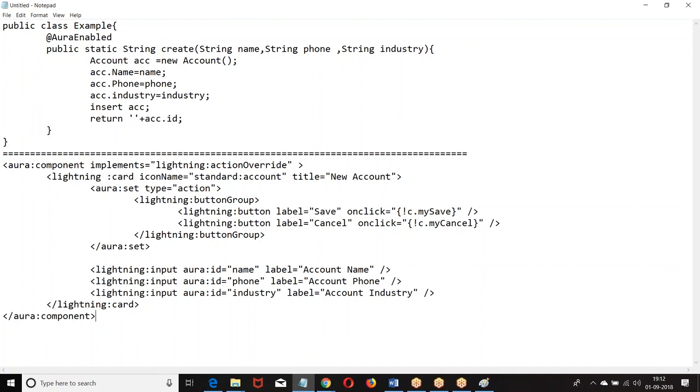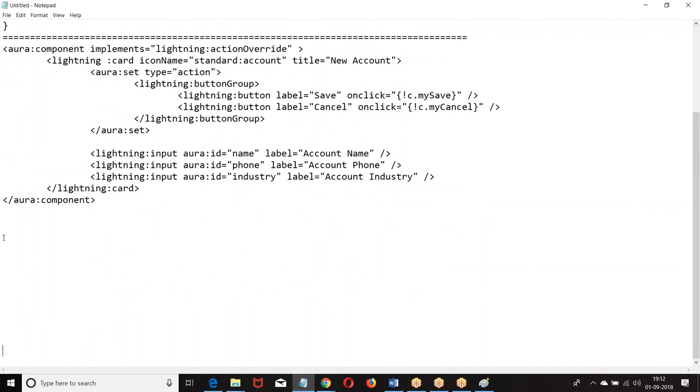Right? Then what are you supposed to do? Create a functionality. What was that? My save, my cancel. Create a JavaScript functionality. Function.